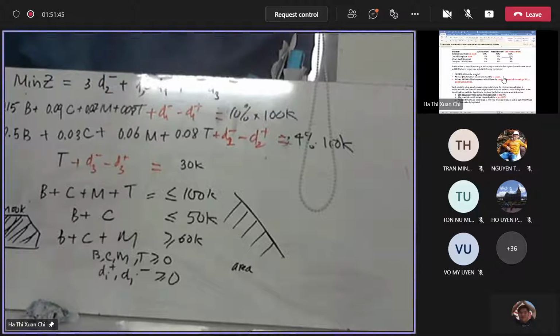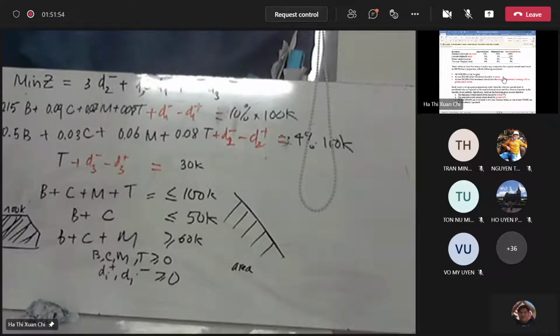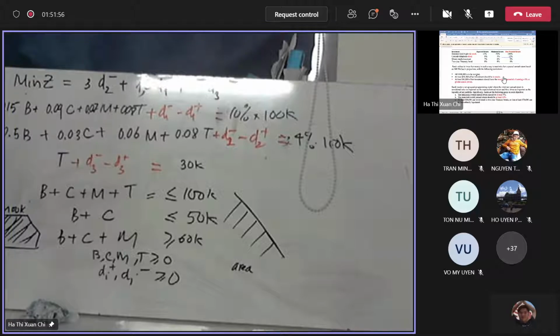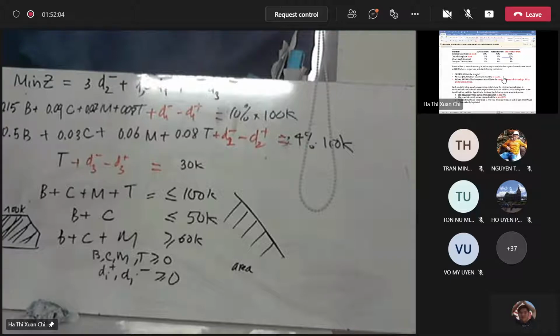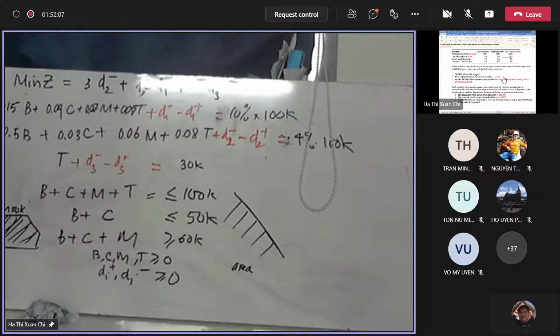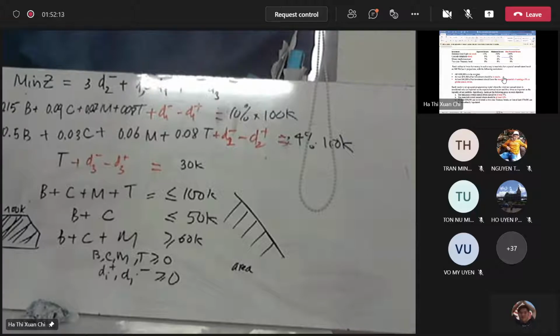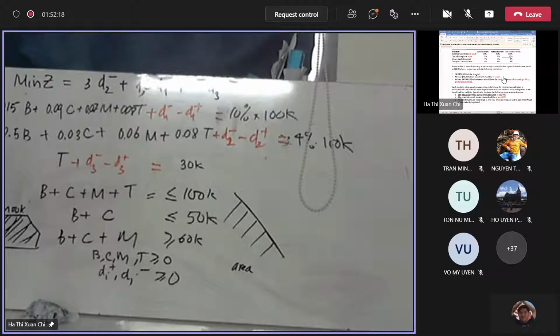So P here is the unit price for the M resources. That is the money you have, the budget. That is the constraint, like a normal constraint, but it is a constraint for the budget. So that is the unit price corresponding to the resources you have. I will give you an example later, and you can figure this out.